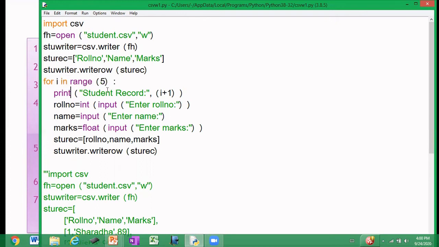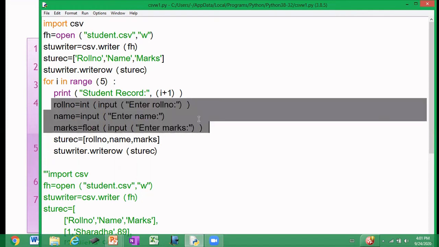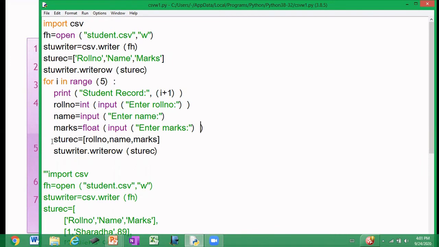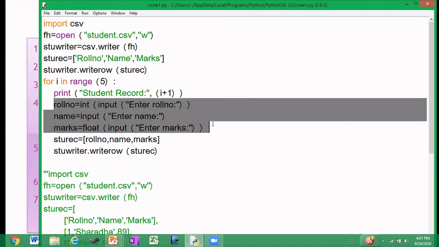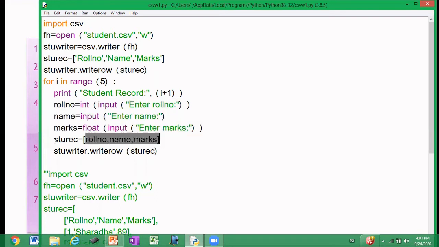So here we are using an iterable method to input the values into your file. So print student record i+1, roll number. So get the roll number from the user, name, marks. Once all this data has been taken from the user's input, then, as we have already created the student record and initially stored the field names of your records, each time that you get the values from your user, that record of information you are writing into the CSV file using stu_rec. That is, first we are storing in the variable, then